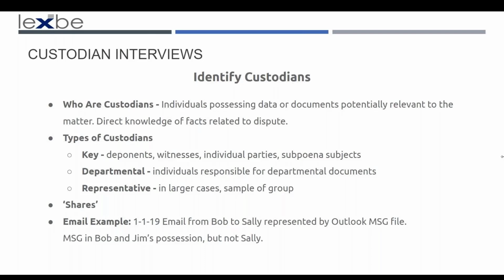There's also the concept of representative custodians. In larger cases, it may be impractical to collect the data from everyone of a class and to develop whatever the theory of the case is, or to get representative data. One or more representative custodians might be selected. So if a large company had 100 salespeople and there was some issue having to do with the salespeople, one or several salespeople might be identified, and then they would be representative custodian for the class of persons, whether it's a class action or not, but for the group of individuals for collecting data from them to develop the theory.